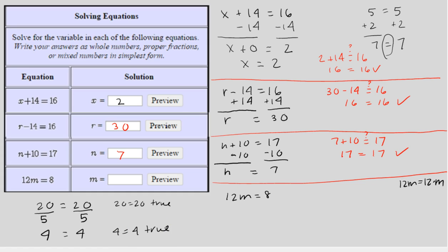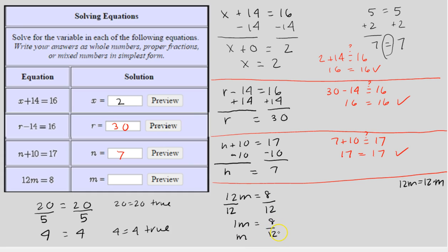So multiplying or dividing both sides of an equation also maintains equality, and that's the idea we're going to use here. So since 12 is multiplied by m, to undo multiplication, we can divide. So I'm going to divide both sides by 12. Here's my left-hand side. Excuse me, here's my right-hand side. Well, 12 divided by 12 is 1m, which we usually just write as m. And then we have 8 divided by 12,